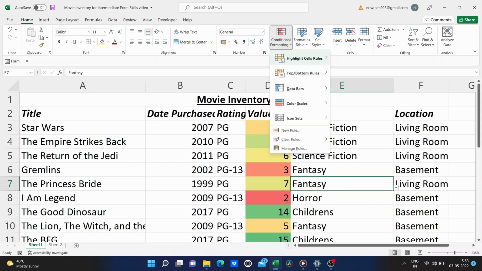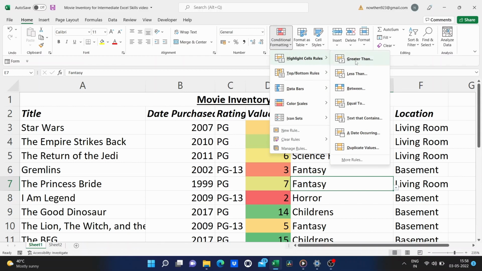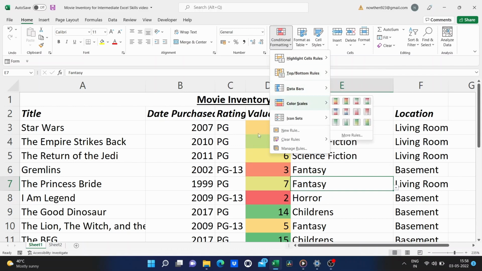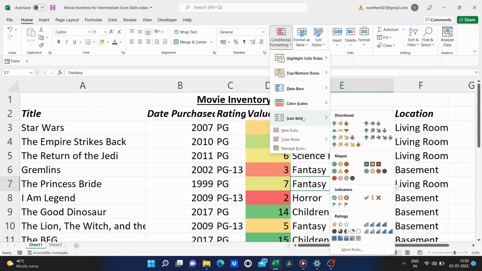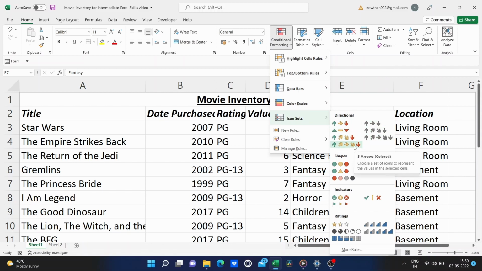There are great ways to display the data in a conditional way. You can use data bars. You can say, if the highlighted cell is greater than 10, then make the background green or put the text in bold. If it's less than 5, then format it with a background of red. There are all of these if-then statements that you can use with these highlight cell rules. There are top or bottom rules, top 10%, bottom 10%, and icon sets. We can show arrows going up, down, left, or right, and just some really exciting formatting options that you can have here.